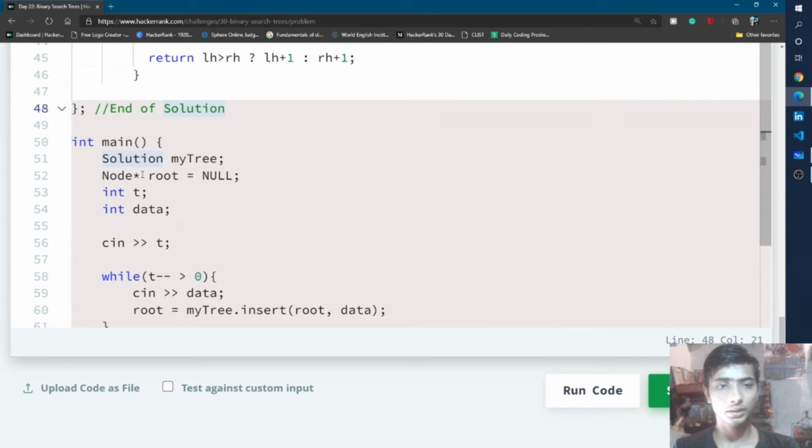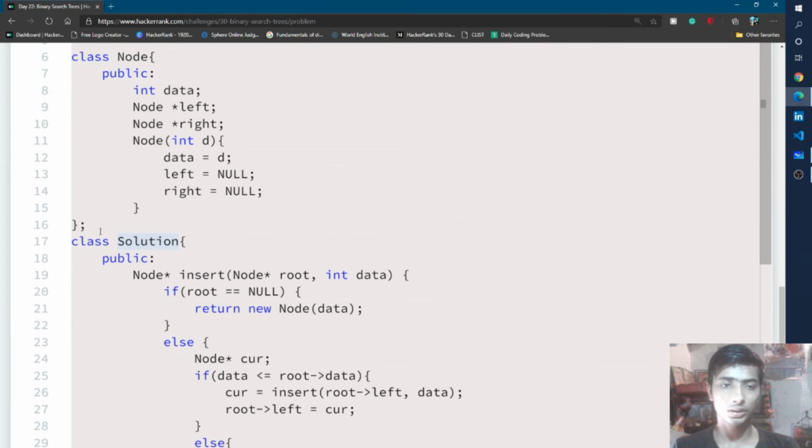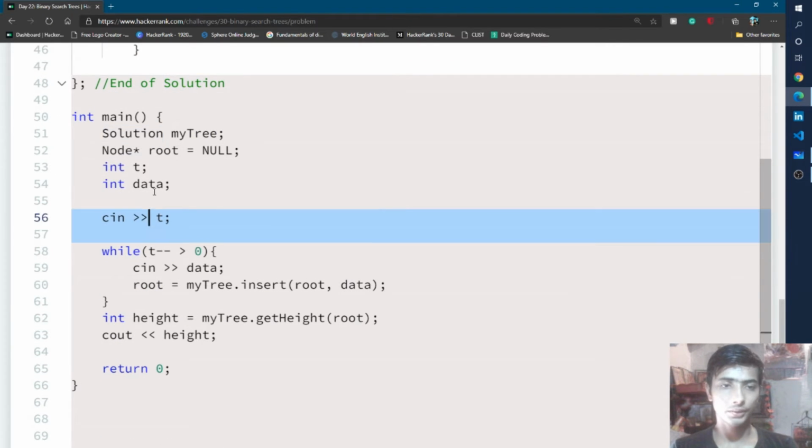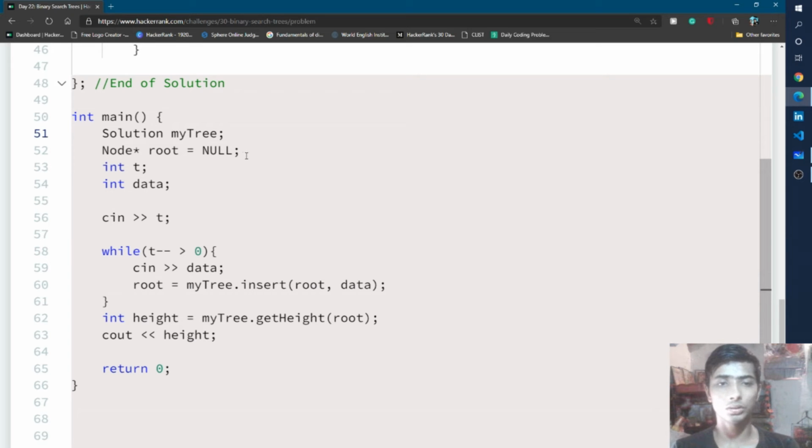At first it's Solution myTree, that means myTree is the object and Solution is the class. So here a Solution class is present. After that it initializes the value of the root node as null, and then it initializes t and data as integers, and then it takes the input t and iterates a while loop t times, and each time it takes an integer and then calls the insert function.